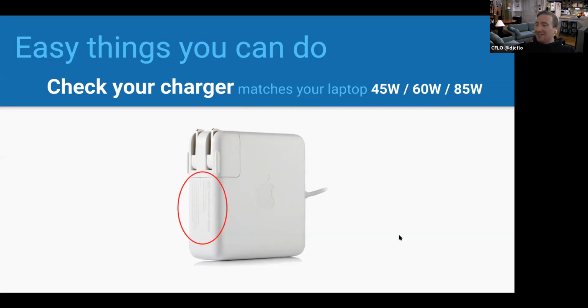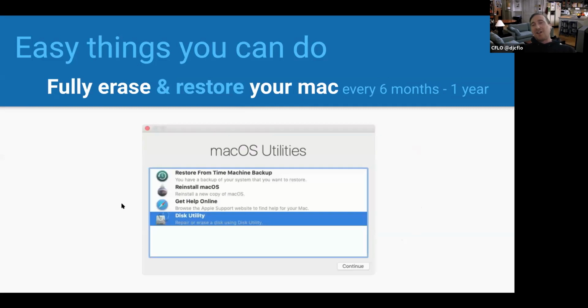Right. All right, I'm going to keep going because I just want to make sure we get all the info out there. Another easy thing you can do, and people's jaws, I'm sure, are going to drop, is fully erasing your computer every 6 months. Now, that sounds like an insane thing to do, but if you are maintaining your backups and doing everything that you're set up to do, this isn't that difficult. It actually only takes like 2.5 hours, and it will make your computer run as if it's brand new.